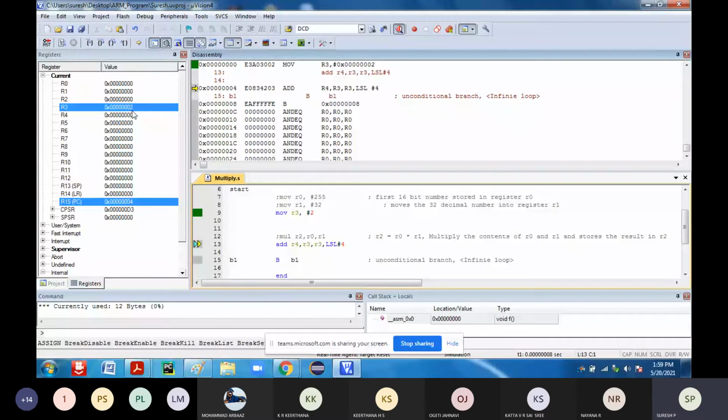The value of R3 is 2. Next it is going to perform the addition. When you execute the next instruction, what is the value of R4? The contents of the register are visible in the compiler. It is showing as 22.